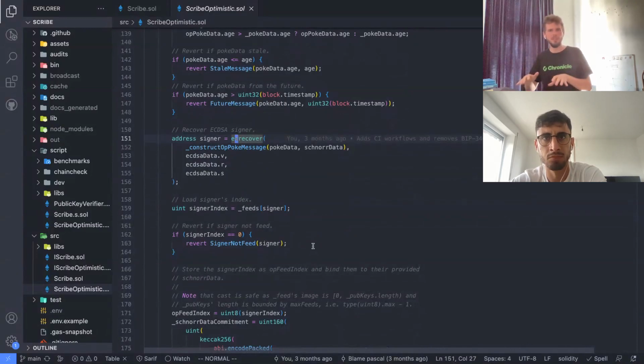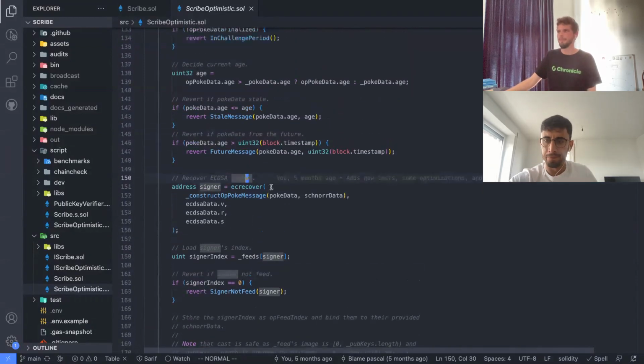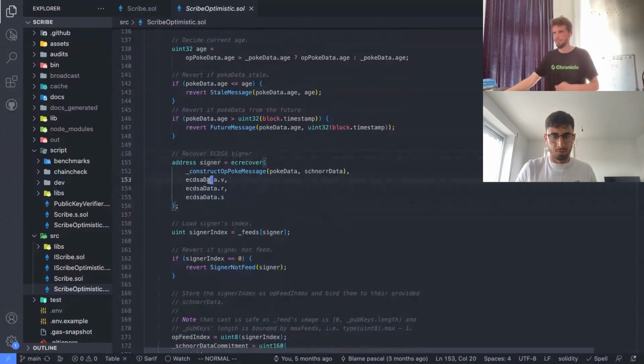The poke always overrides everything, so we don't have to depend on this optimistic stuff, but you could basically make sure that all our optimization savings are gone just by optimistically poking invalid data. So in case this data is invalid, we need to punish someone, we need to kick someone, and this someone is the feeds,